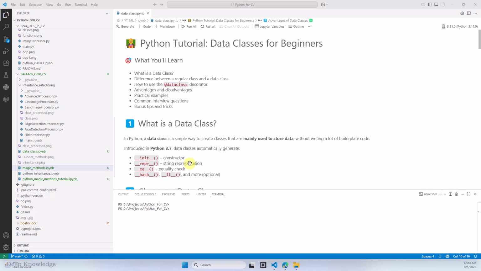Do you like to avoid repetitive Python code just to store data? What if I told you that there is a magic decorator that can save you dozens of lines of code with just one line, or let's say a few lines? In this video, we are diving into Python dataclass, one of the cleanest and most underrated features in Python,